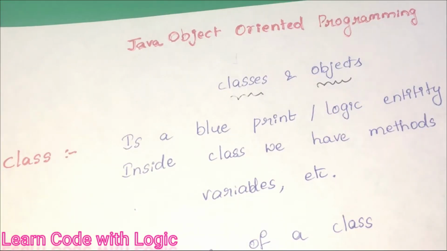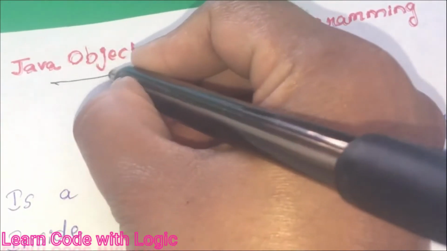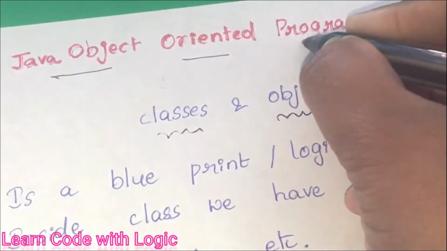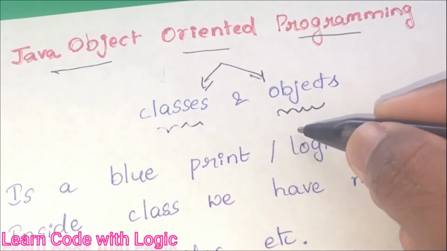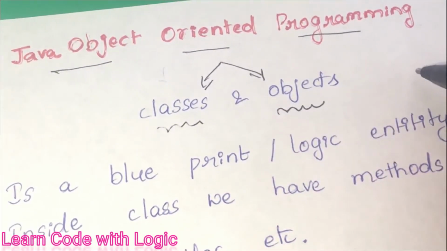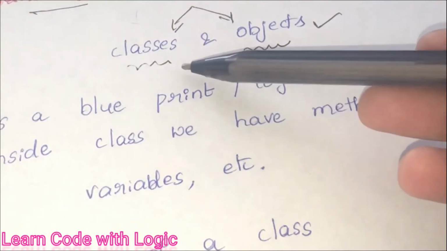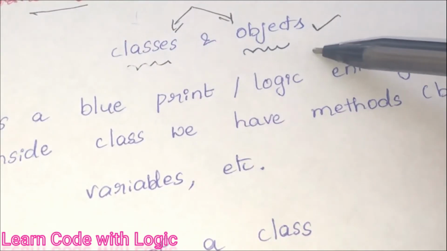In this video I will talk about what classes and objects are, how to create those objects, and the purpose of creating objects, some of the main important concepts in Java. As we know, Java is object oriented programming. Classes and objects are basic concepts of object oriented programming. Now let's understand one by one what classes and objects are in Java.